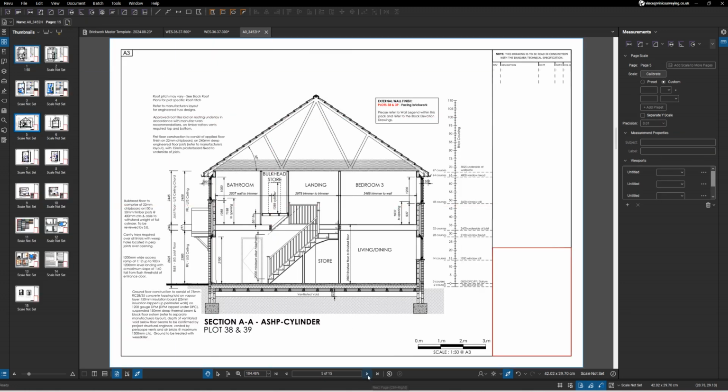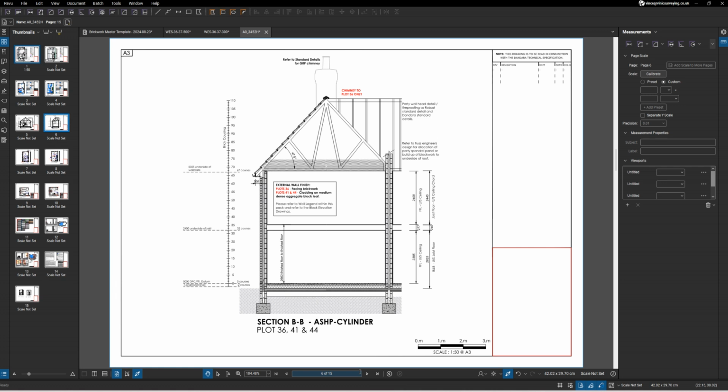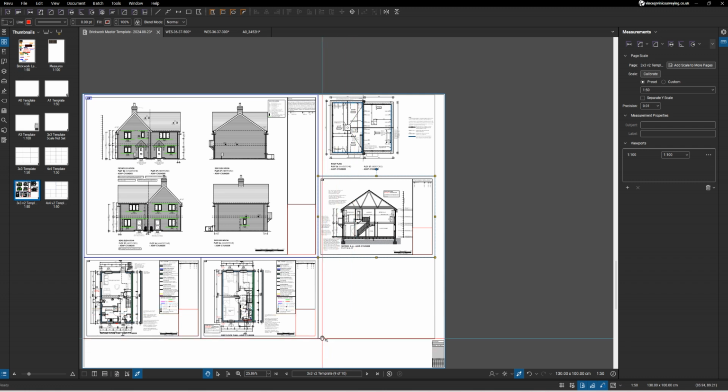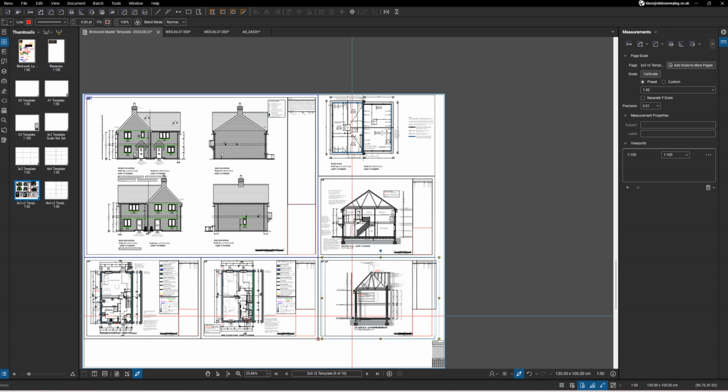And back to that one. Take that, Control C. Paste. And there you go. I've got all of the drawings that I need for measuring this house type, all in one drawing, and I can quickly jump between the bits I need. So yeah,